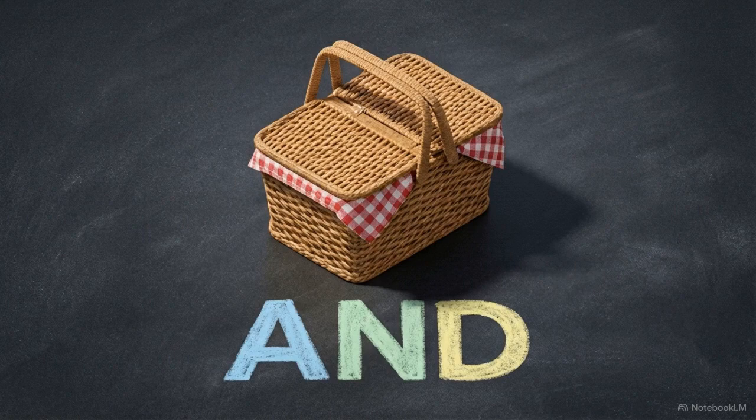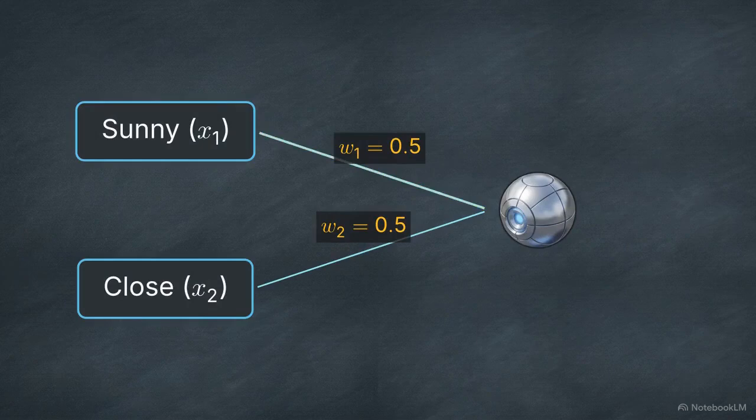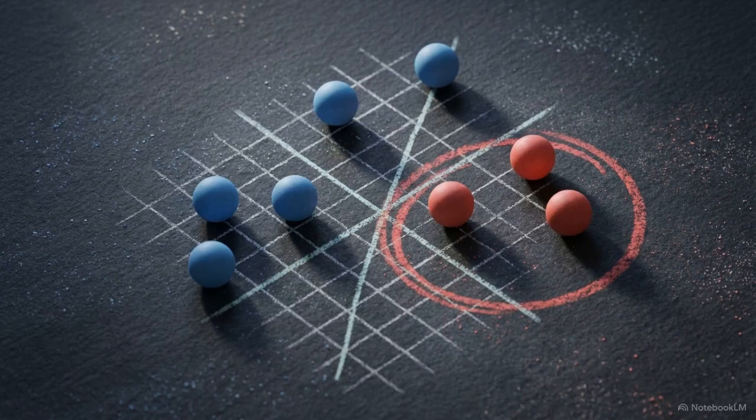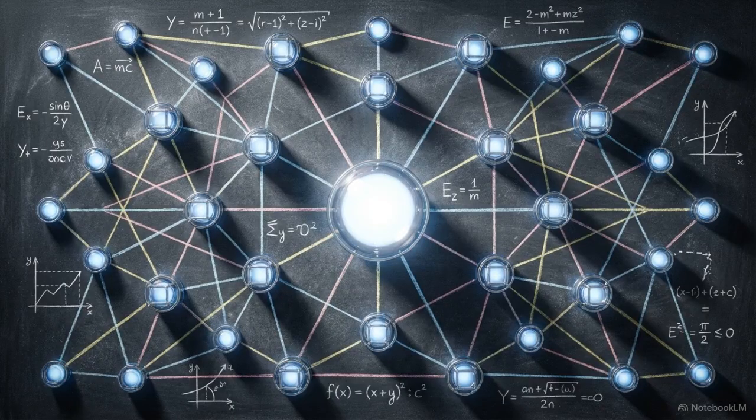We are going to teach it to make a specific decision, whether or not to go on a picnic, based on strict AND logic. To do this, we will manually calculate the initial weights of our decision factors. When the model inevitably makes a mistake, we will calculate the error correction. And finally, we will implement the completed logic in Python. Demystifying the mechanics of this single processing node provides the exact blueprint for how massive, modern neural networks evaluate data